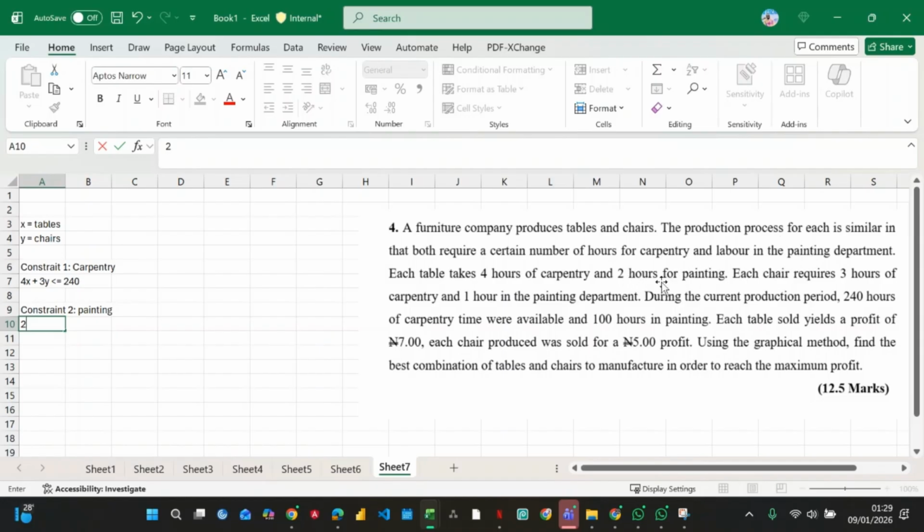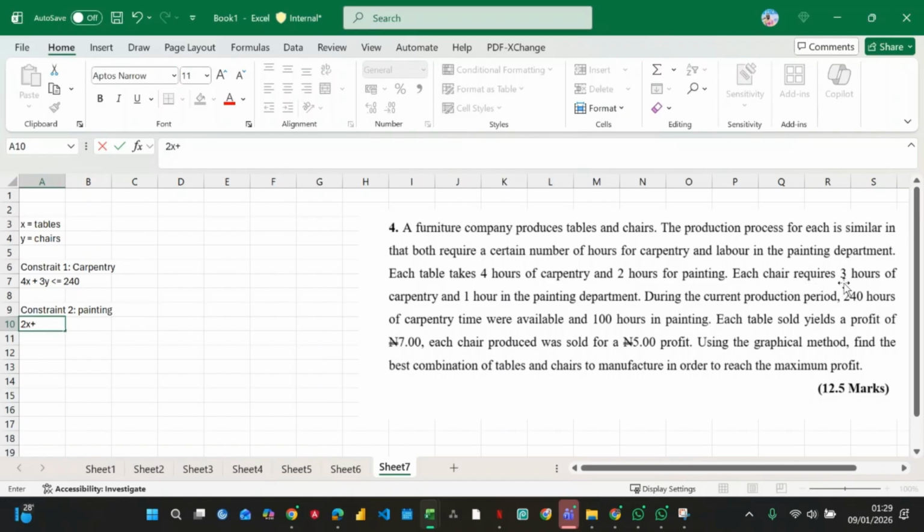Because 2 hours of painting is required for a table. They said for each table, it takes 4 hours of carpentry and 2 hours of painting. So that means it's